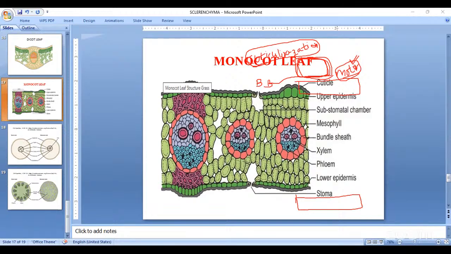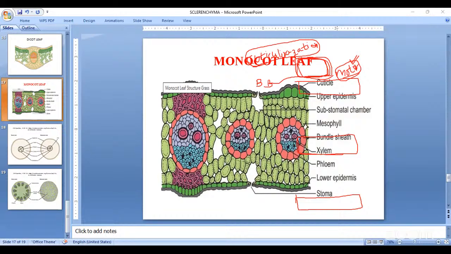So this is in terms of vascular bundle. But one important thing, random arrangement in the dicot leaf, parallel arrangement in the monocot leaf. Right. And this vascular bundle is surrounded by a sheath, that is called the bundle sheath. You can see here, this is the bundle sheath. The same bundle sheath is also present in the dicot leaf. This bundle sheath is made up of parenchyma cells in both dicot and monocot,